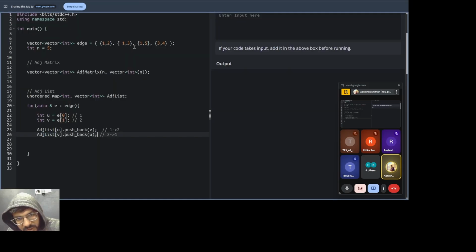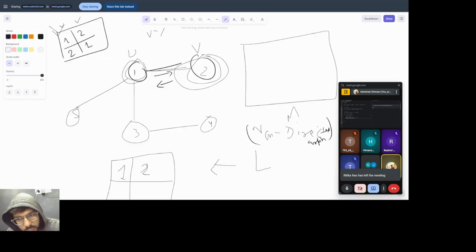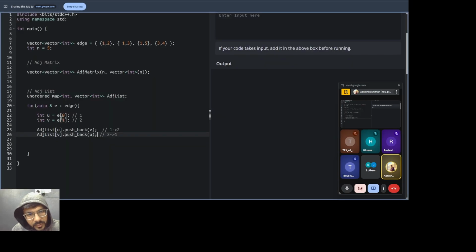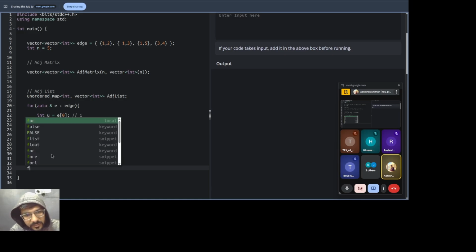For this one and 3, from 1 you have a 3, and from 3 you have a 1. Same code you will do with this thing. And then we will try to print